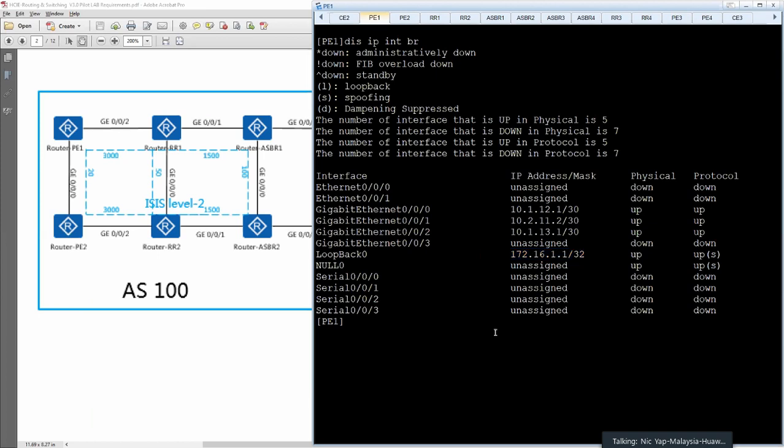ISIS 1. IS level. Just now you said that it has to be level 2. Okay, it has to be level 2. And you have to do this cost style wide. Because of the cost style they're using, the cost is 3,000. The narrow cost style is only from 1 to 63. That's the maximum. So let's say I want to set 3,000, we have to use the cost style wide, followed by